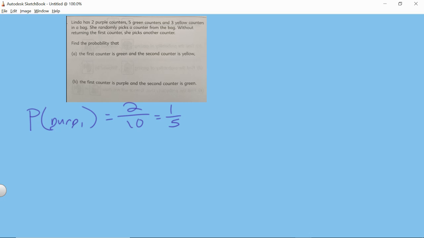That's 1 in 5. The probability of pulling a green counter on the second pull, let's see, how many green counters are there? There's 5. But there's not 10 counters anymore because we took a purple one out. So that means that it's 5 out of 9. And that doesn't simplify. So the probability of pulling a purple and a green is going to be 1/5